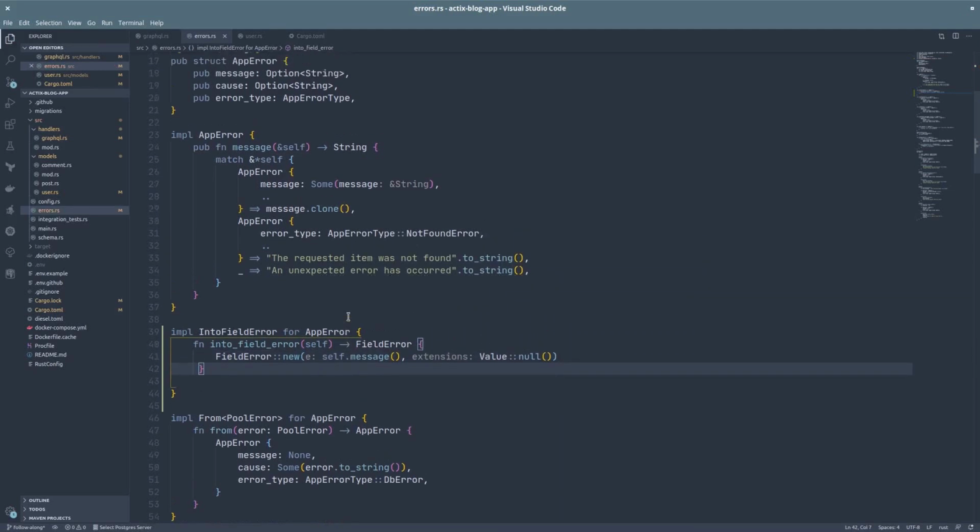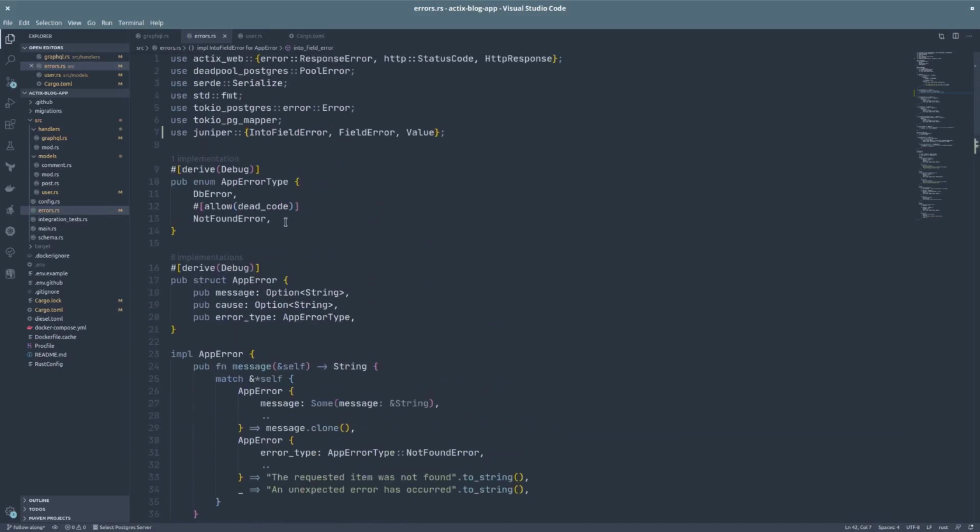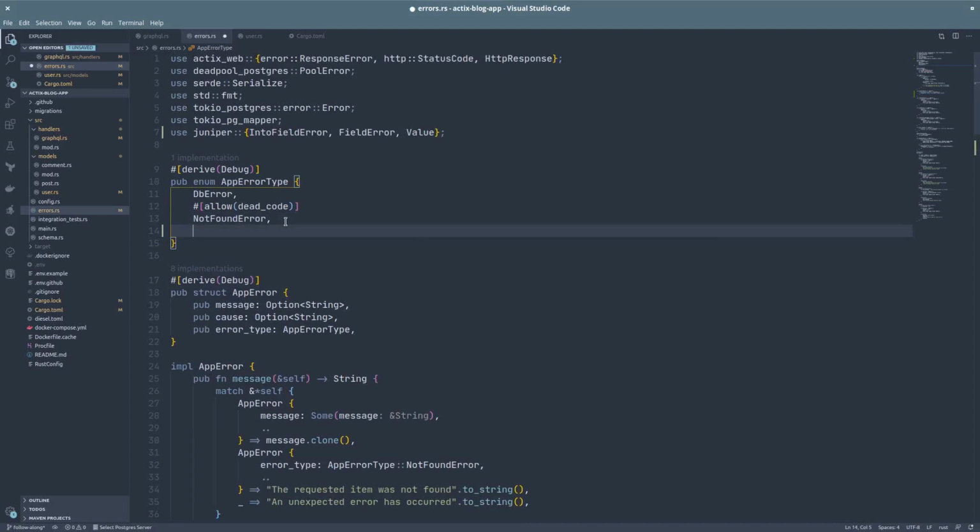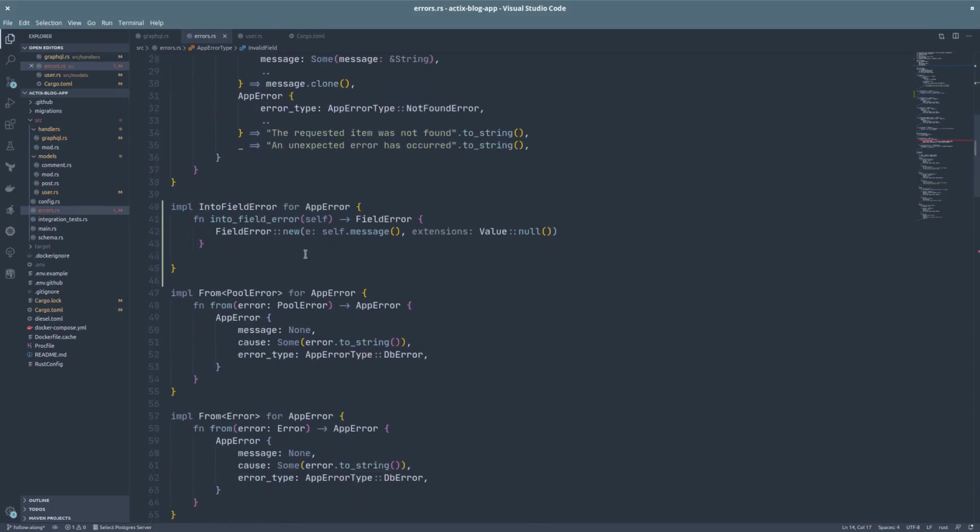Good. And let's look at the error types. So far we have the database error and not found error. We could have another one for an invalid user input or an invalid field, and we won't use this error as we would with a REST API, so there are a couple things here we can just delete.